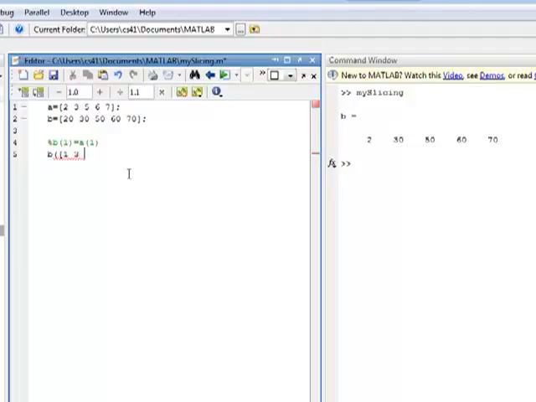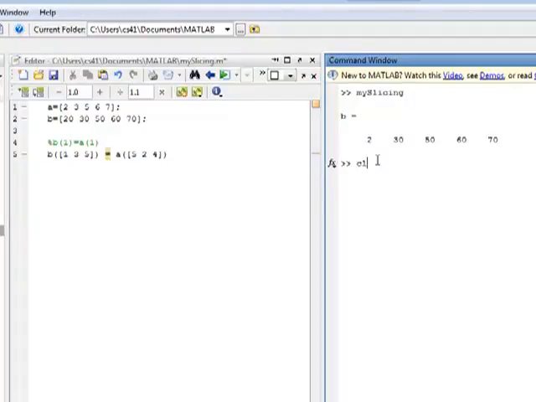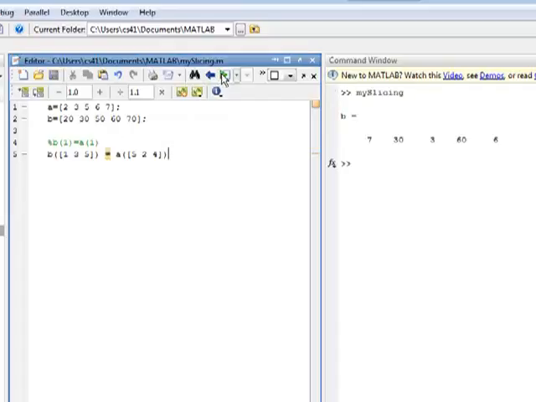B index at 1 through 5 gets A indexed at 5 to 4. Okay. Let me clear this. Alright, so when I execute, okay, I get